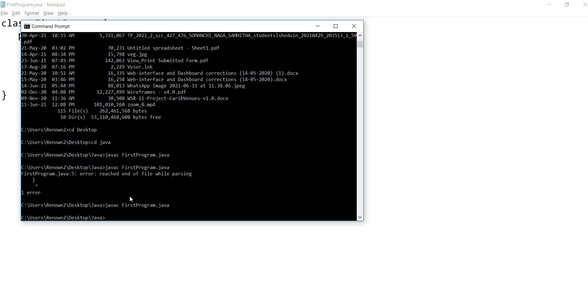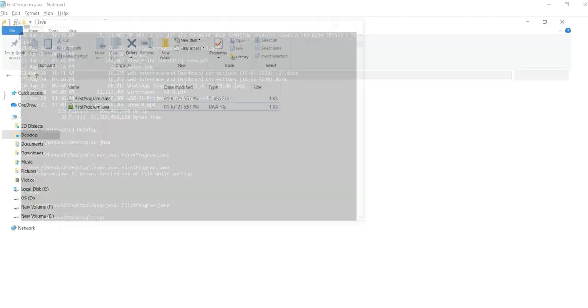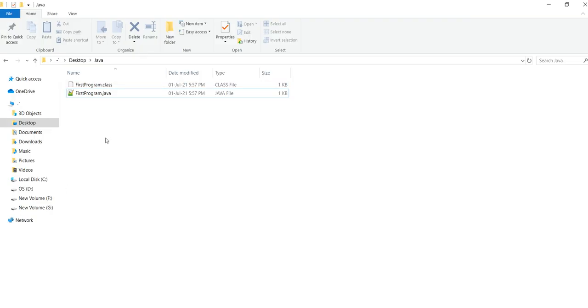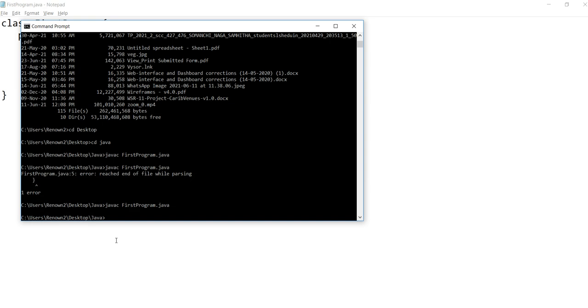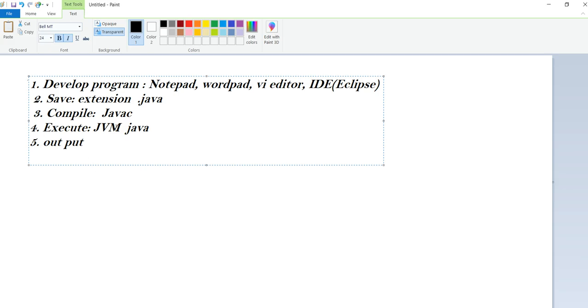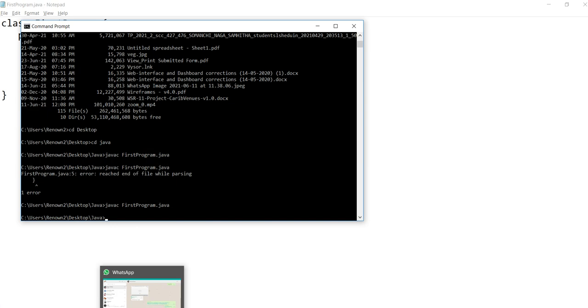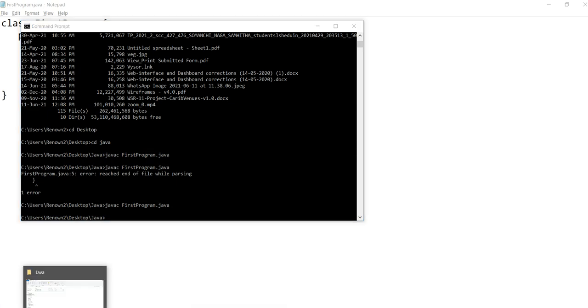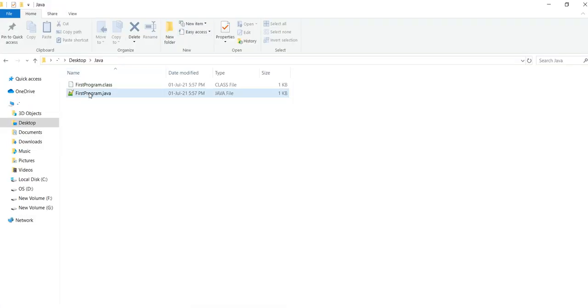Once it is compiled, I have one more file created, that is a .class file. This contains machine code, bytecode. Compilation is completed, and the next step is execute. When executing, you use the class name, not the file name with the extension.